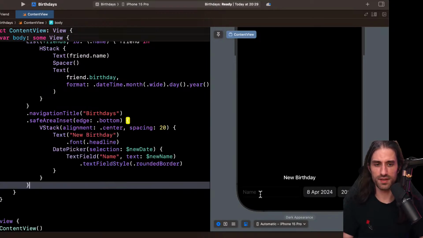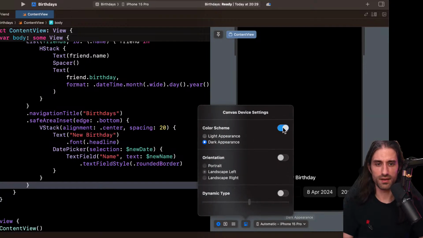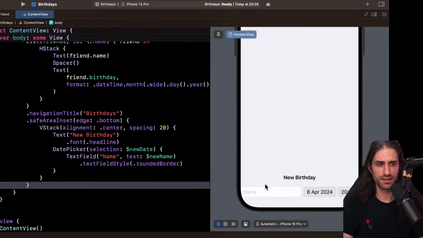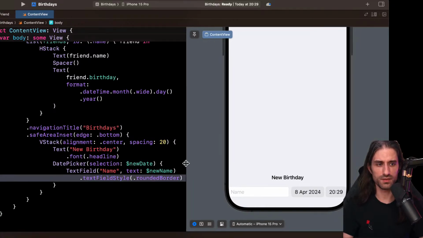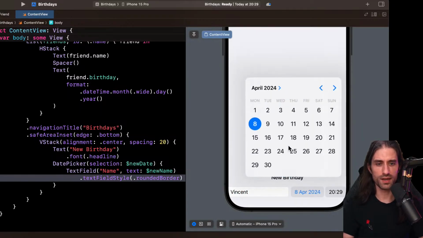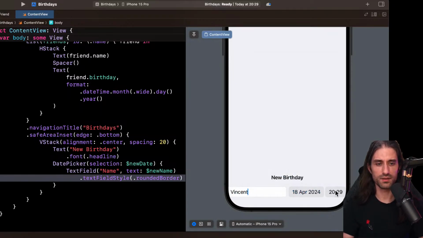Let me align everything. Okay, so I guess it will be better if I put it in light mode. Yeah, so you can see. So let me also move it a bit even more, like that. So here we have a text field to enter the name of someone, and then we can pick a date for the birthday.